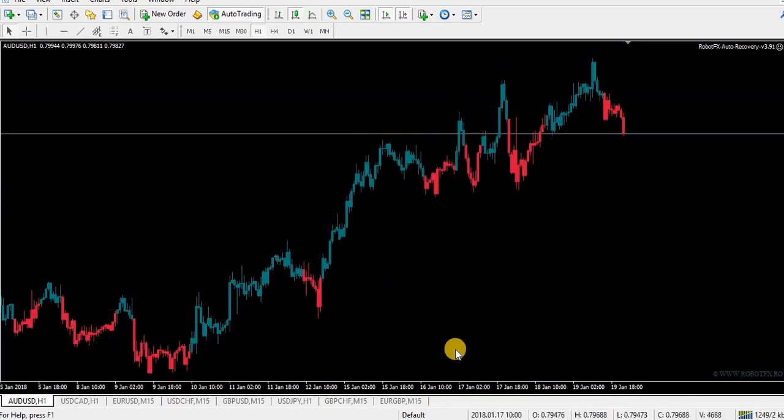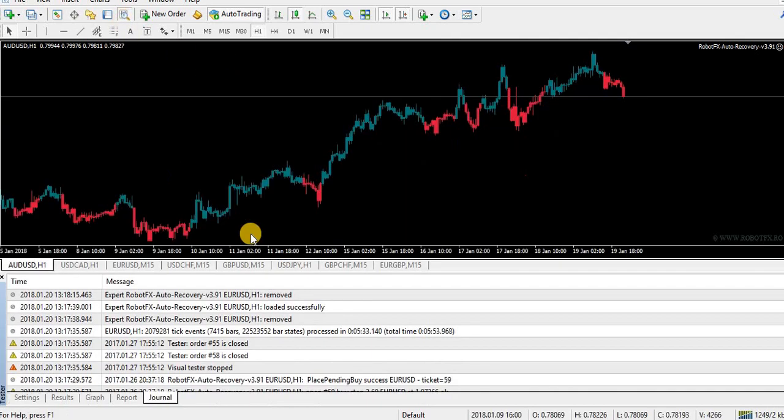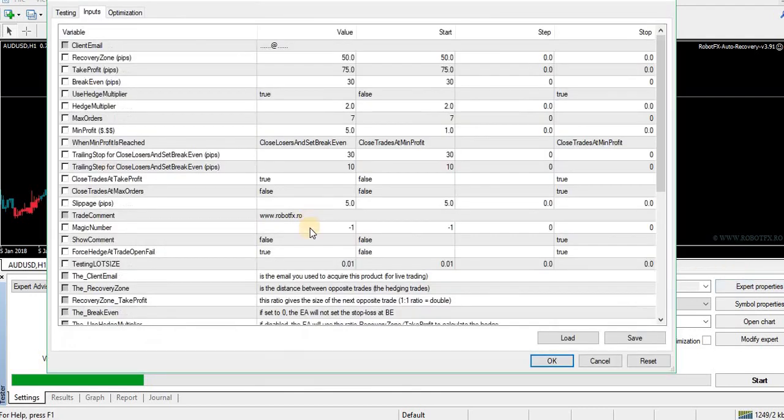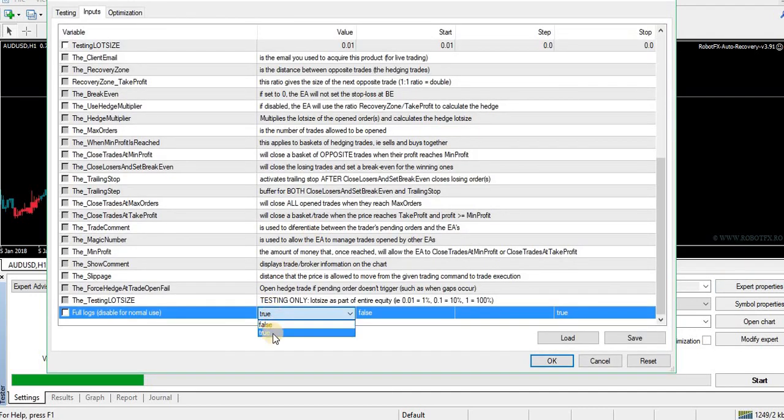It will fill those logs with too much information, and that will slow down the MetaTrader and decrease the space on your hard disk. It will create very big text log files. So you should use the full logs if you think that you found a bug, so that it will help us track that bug. If you think something doesn't work as described, then enable the full logs and send us those logs